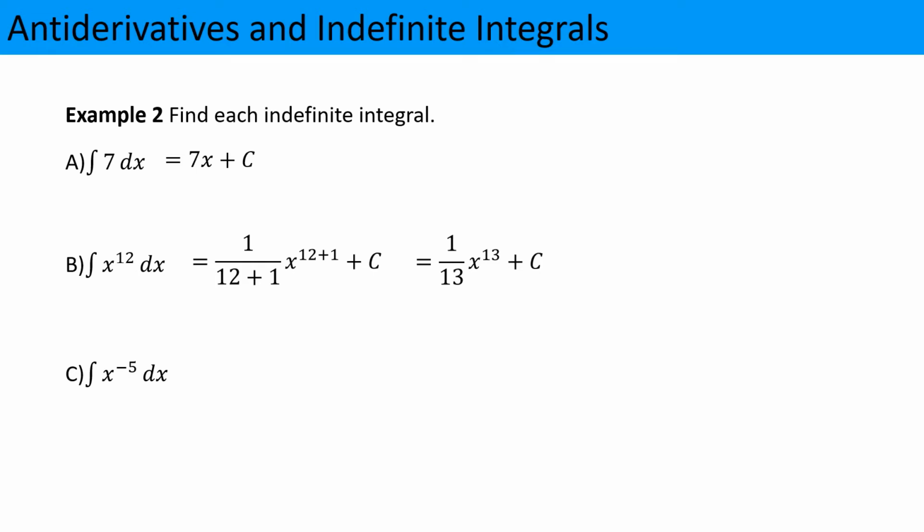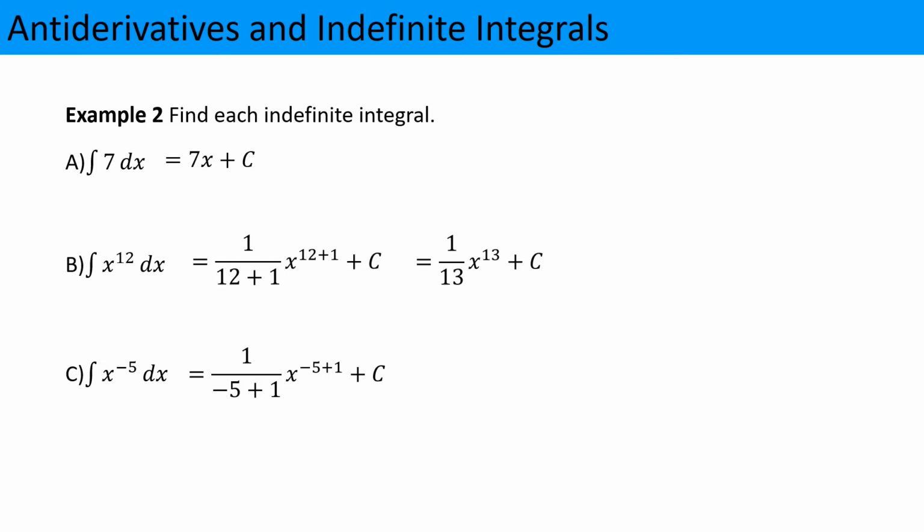Part C, the integral of x to the minus 5 dx. The power rule remains the same regardless of the sign of the number or whether or not it's a fraction, as long as the power is not -1. So let's apply the power rule again here, and we'll get 1 divided by the power, which is -5 plus 1, times x to the power of the existing power, which is -5 plus 1, and don't forget the c,